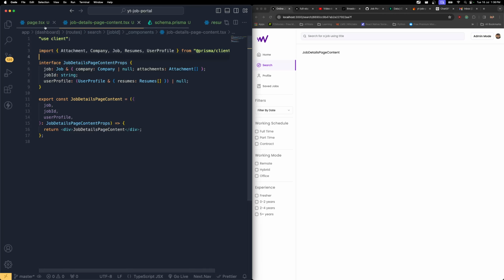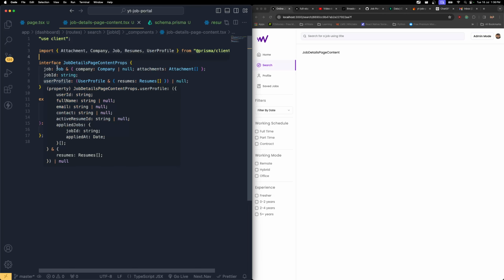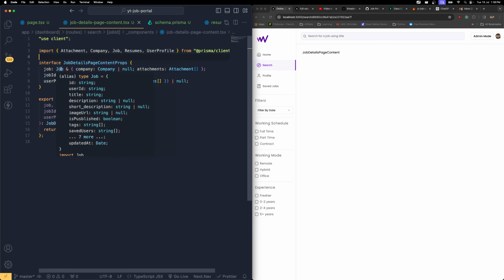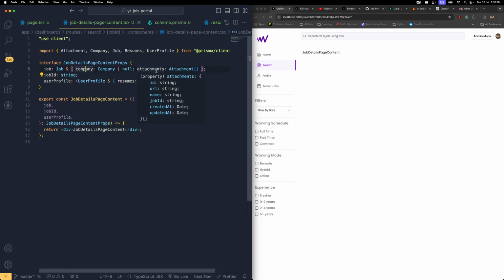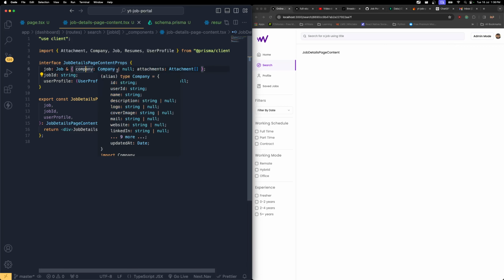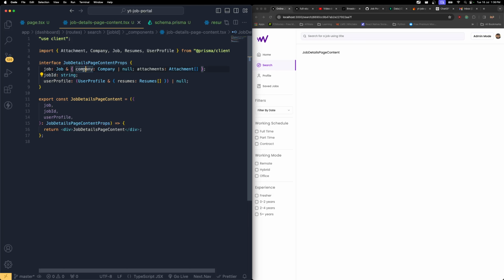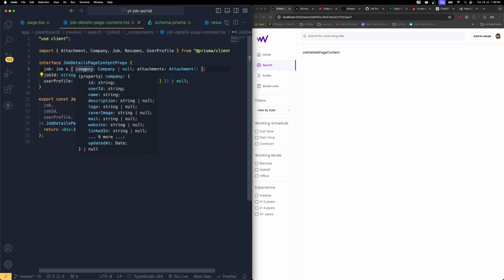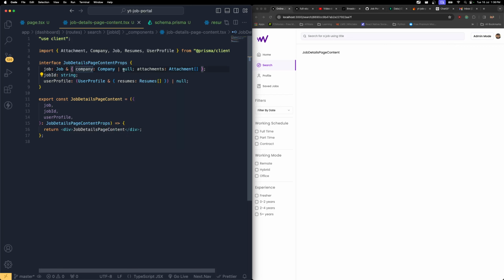Now we can see we don't have that issue because we are fetching the job. Along with the job we are receiving the company and the attachment details. Because company might be null, we are making sure we either give the company details in the name of company or give null, and receive the job dot attachments. So now if you check it out over here,